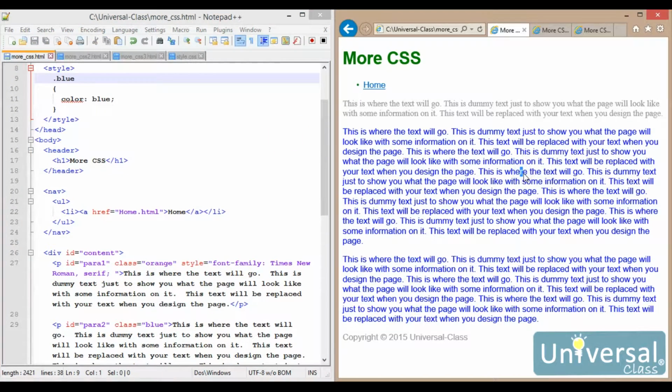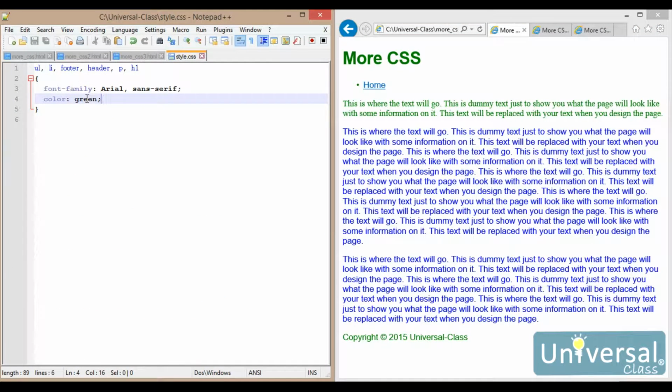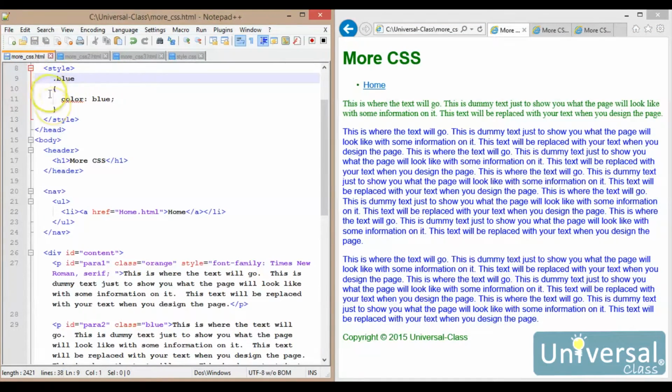And then when I refresh my page, now you'll notice that this is green. And it's green because in the external style sheet it specifies it's green. In the embedded style sheet, there's nothing that says the paragraph should be a different color. And in the inline, there's nothing that says that it should be a different color. Okay, I want to take anything that's orange,